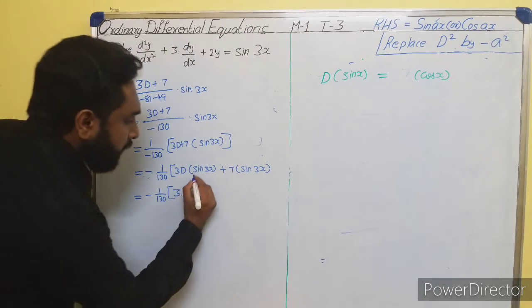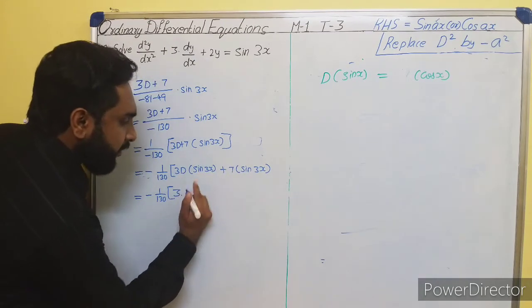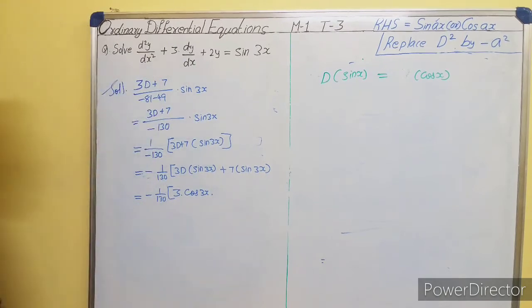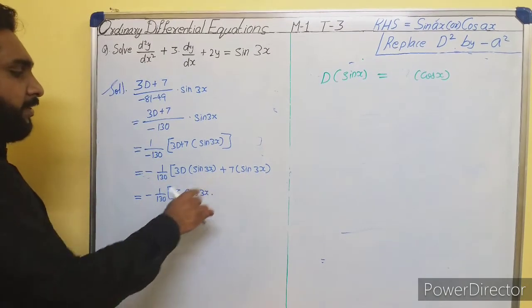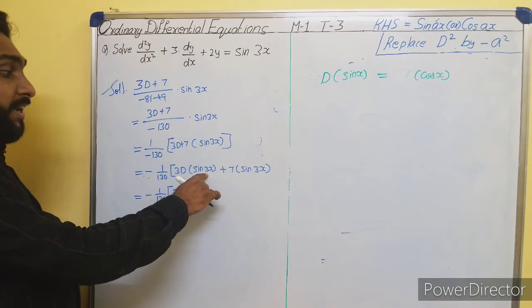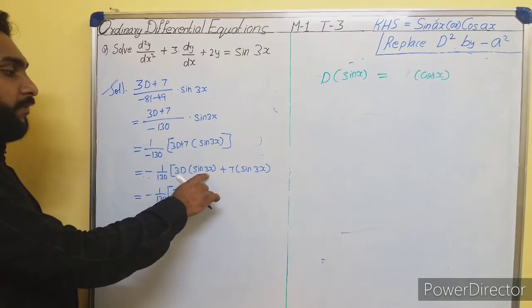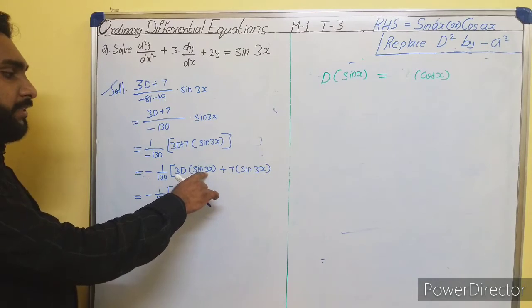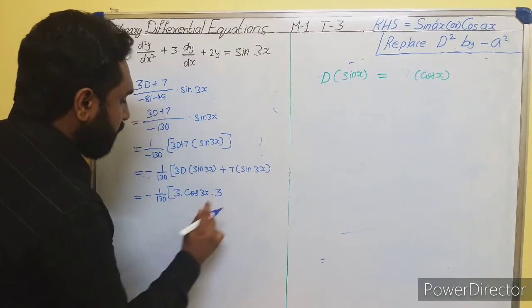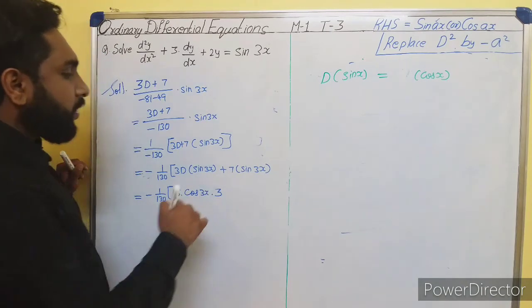It will become cos 3x. If it is just sin x, it becomes cos x. But here it is in the form of sin 3x, so again we have to differentiate this also. So sin 3x becomes cos 3x into 3,